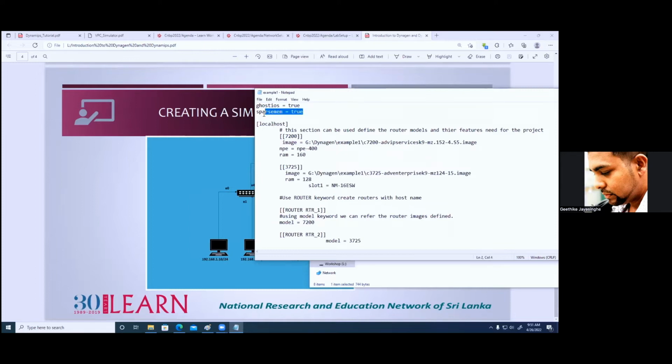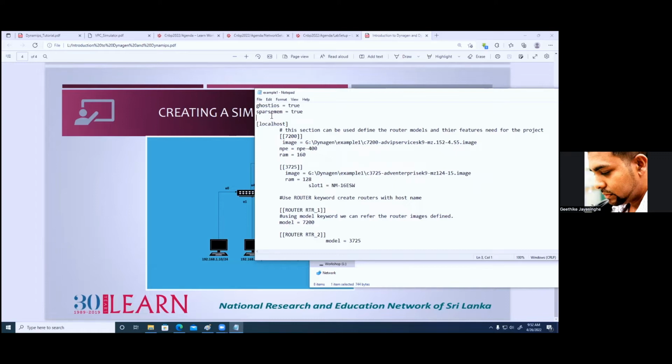Actually these two are important to reserve our resources. Because if you are without these two entries, if you directly use this text file or this Dynagen software, it will take much more memory from your computer. That is why I have enabled ghost IOS and sparse mem. So it will increase the resource usability of your system. Otherwise, this Dynagen software will try to get more resources from your